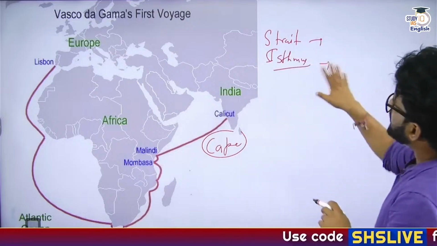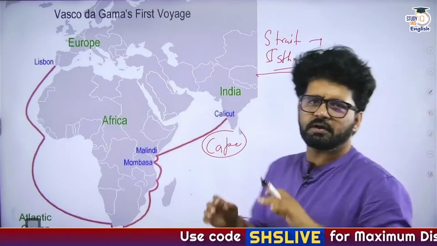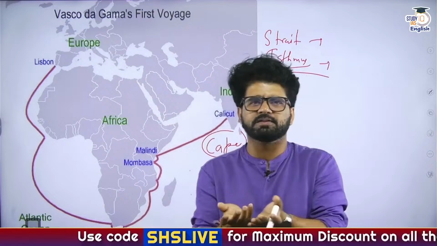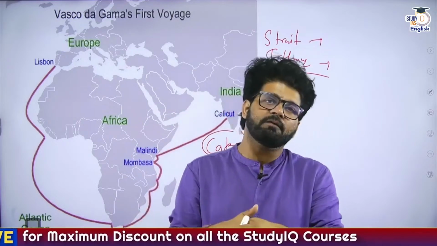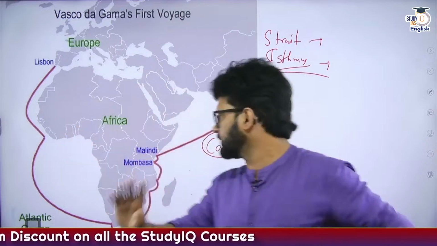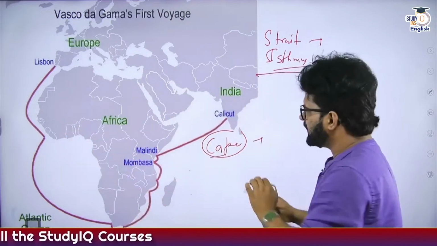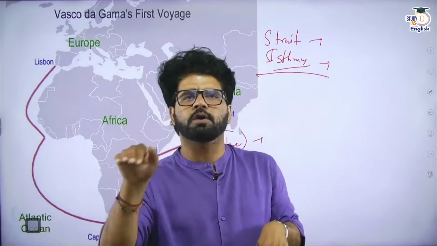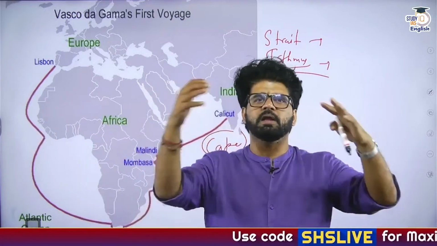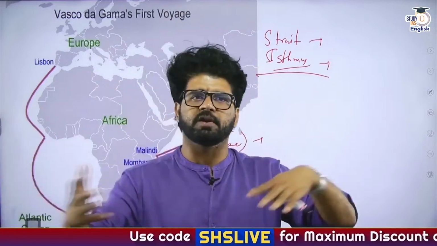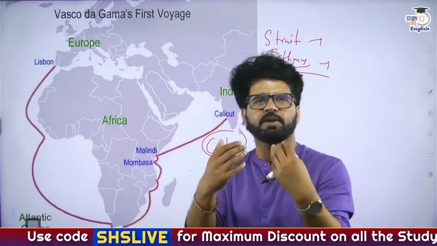Then you have Gulf and Bay. We have discussed it. Gulf and Bay are both basically the same: a water body mainly surrounded by land from three sides, but generally Gulf is greater than Bay. Bay of Bengal is an exception. Now, what is Cape here? Cape is a land mass which has extended into a water body, and that water body can be a lake, a pond, a sea, an ocean, a river. It can be anything. That is the basic meaning of Cape.